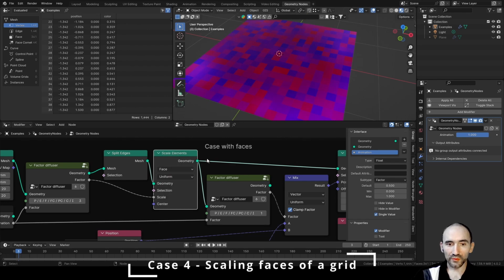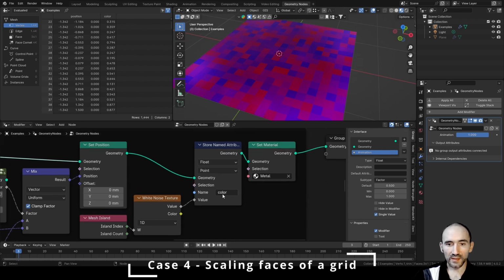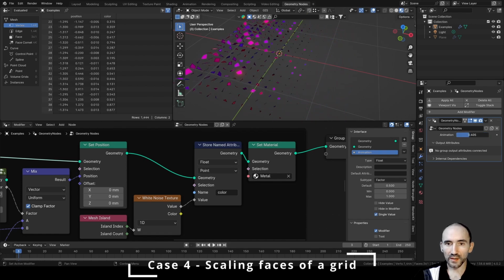Of the mesh, unmute this scale, then I used the island index, so each face. For example, I could use the index evaluated in the face domain. It's the same, passing through this white noise to get a random value from 0 to 1 based on this unique island index. Save this in the store named attribute as a color, set the material, and I have this particular effect in